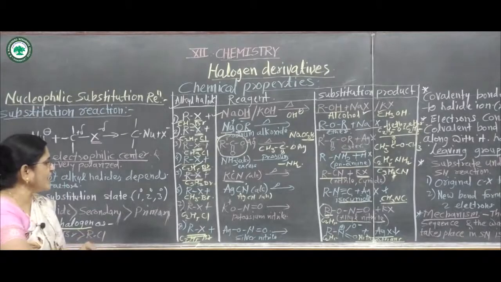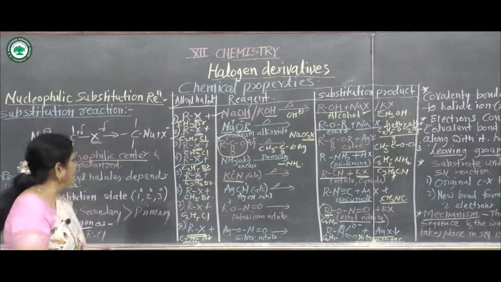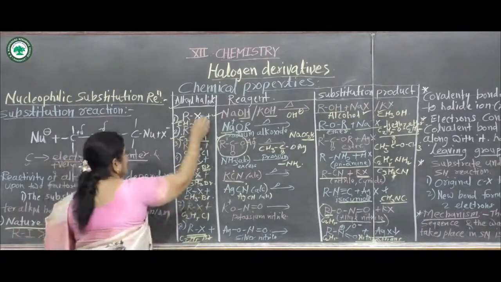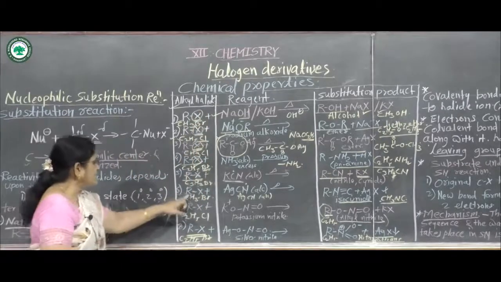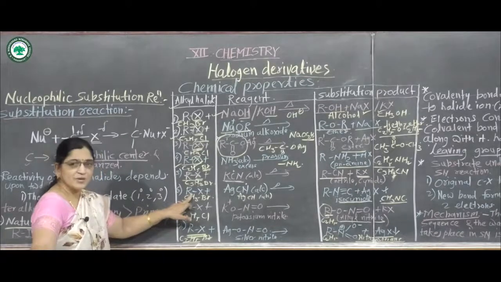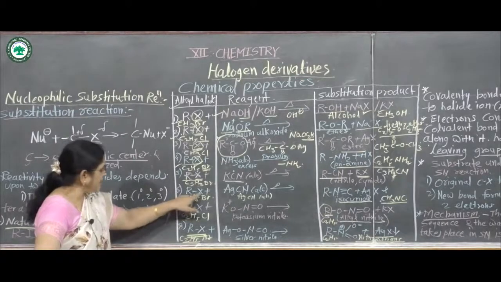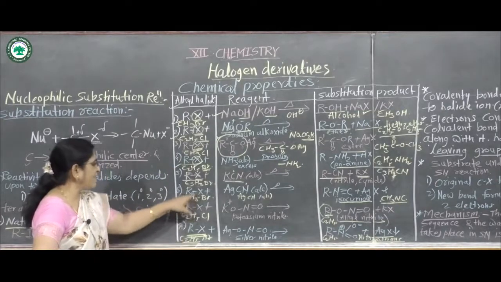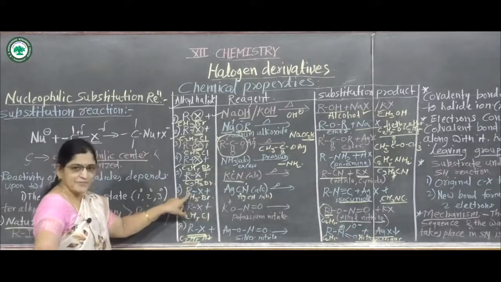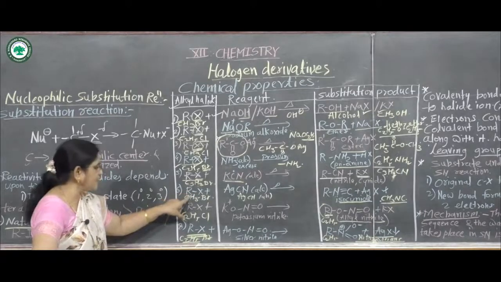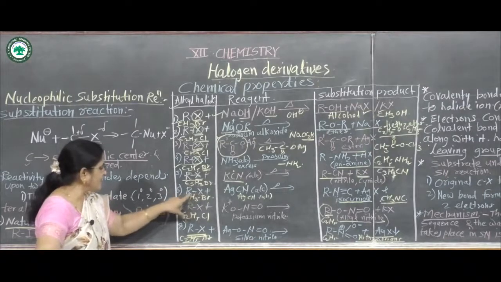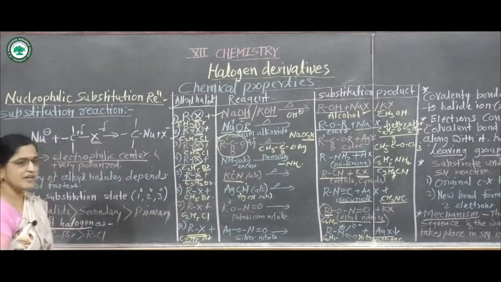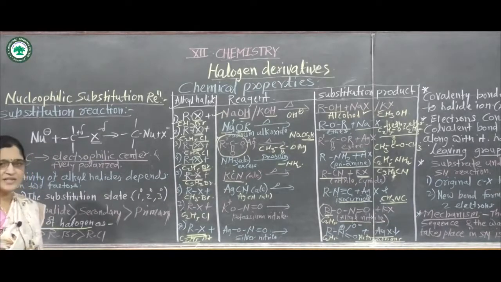along with it, that means the halogen atom. Therefore it is called the leaving group. In all these examples, this halogen atom is called a leaving group because it leaves the carbon atom with its pair of electrons. In each reaction, this halogen atom leaves the carbon atom to which it is attached. R means alkyl group, and the halogen atom is attached to the carbon atom. This halogen atom leaves the carbon atom with its electrons and forms halide, that is X minus ion.